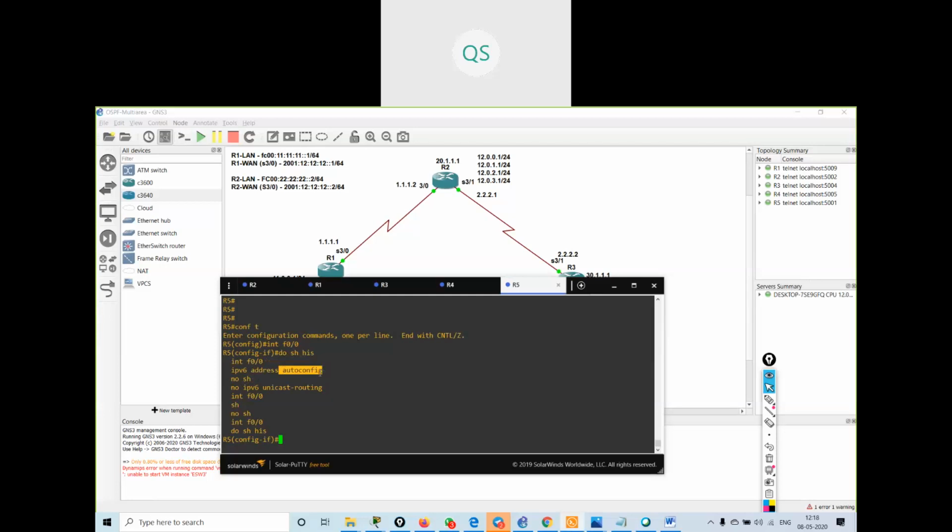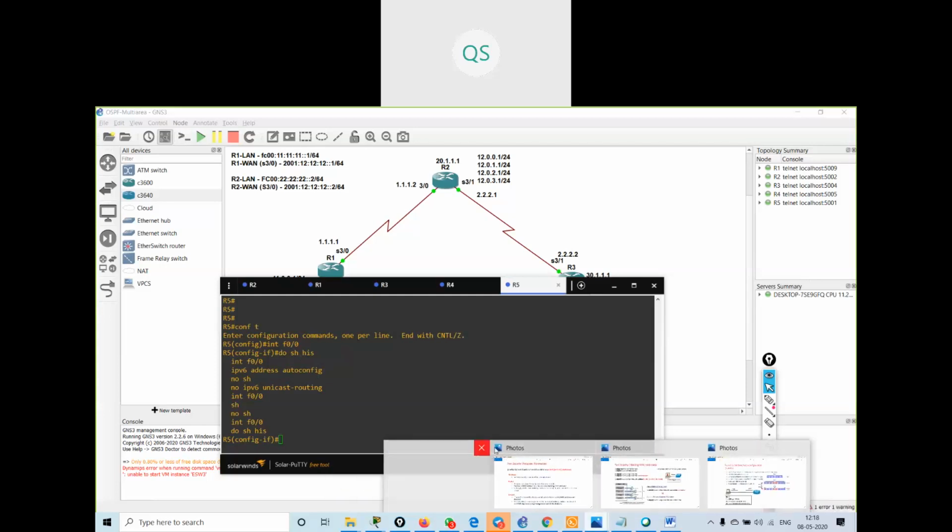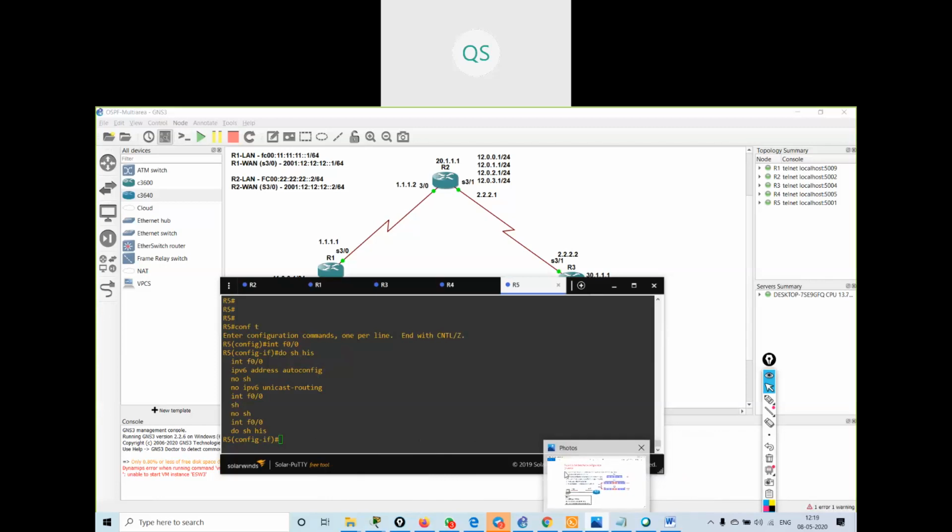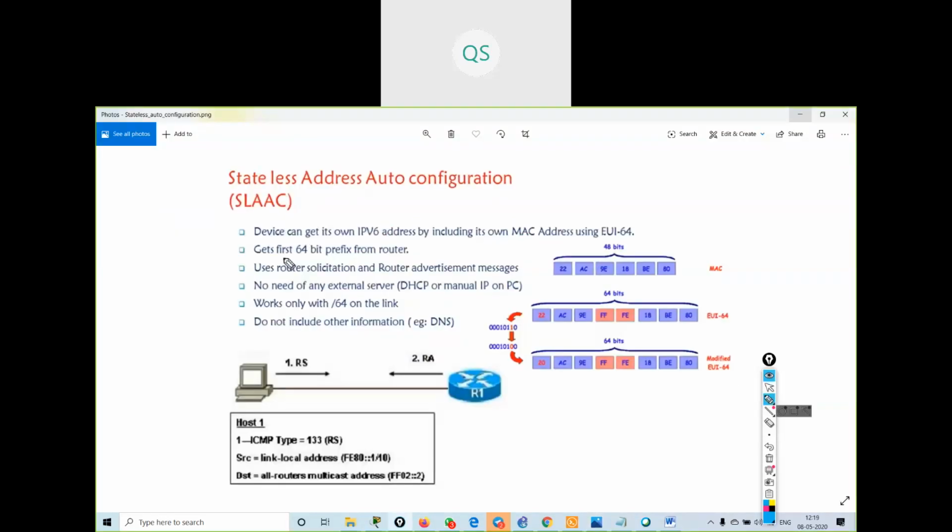This is stateless autoconfiguration. If I give this command, it gets the first 64-bit prefix from the router, and the last 64 bits will be its MAC address using EUI64.